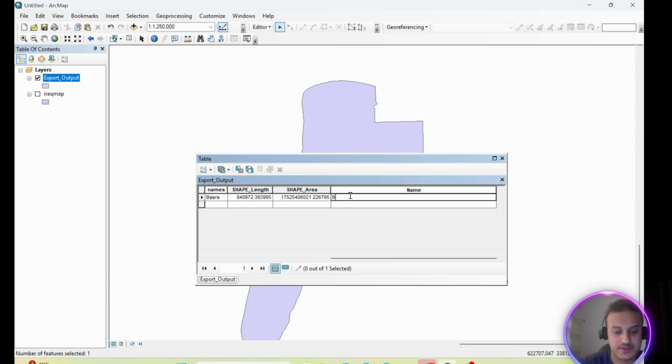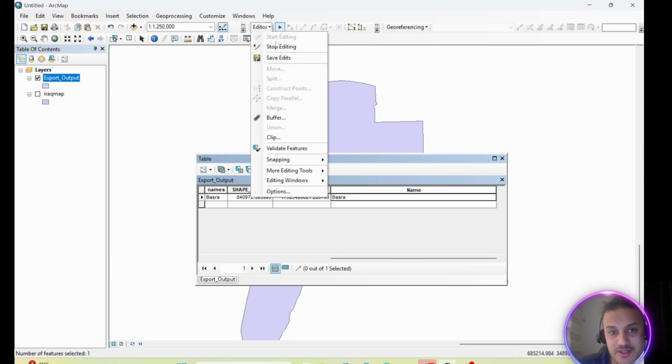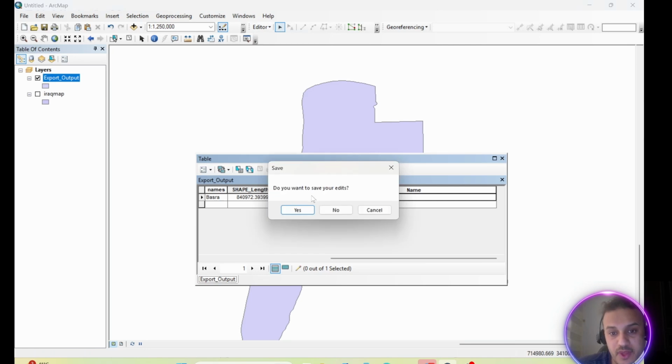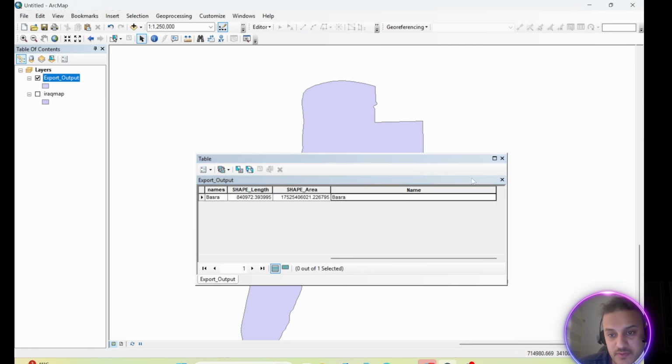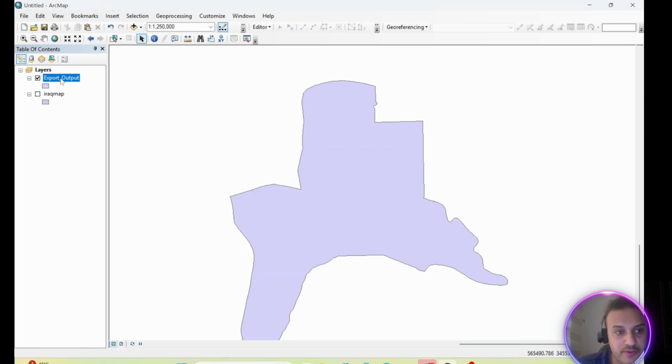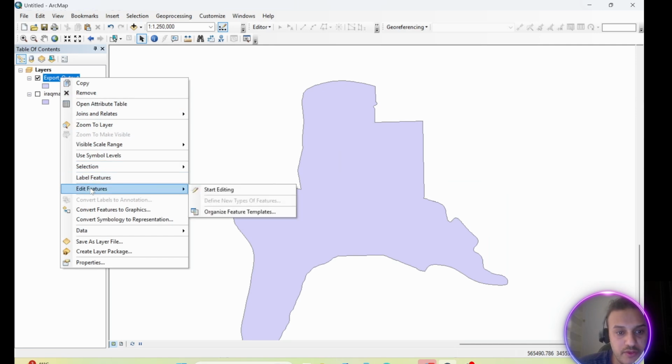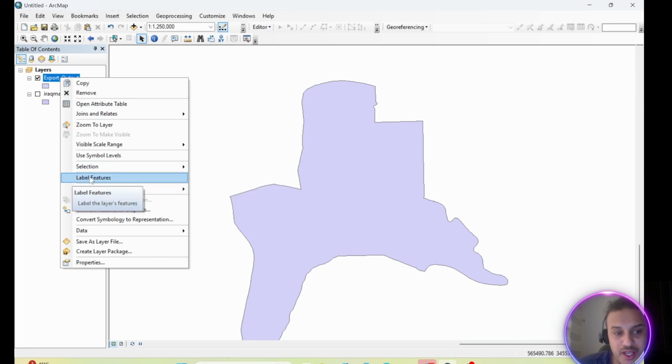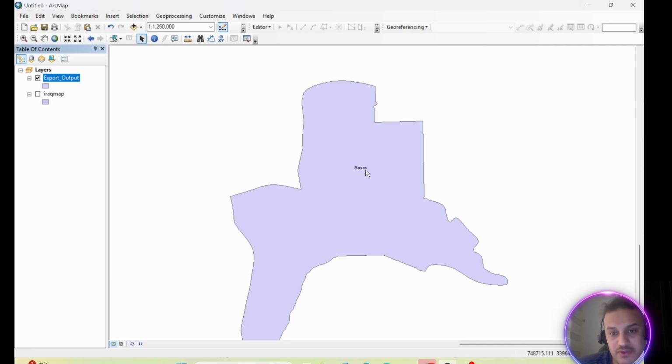I can just write, this is Basra. This is the province, the name is called Basra. After you finish, go back to the editor, give it stop editing. You want to save? Yes. So now if I need to show the label features, if I click on label features, I have Basra,